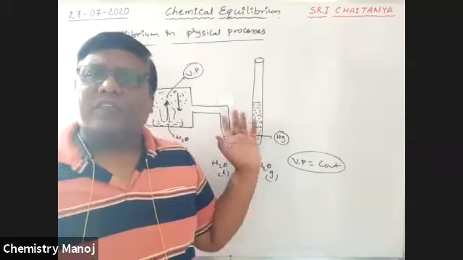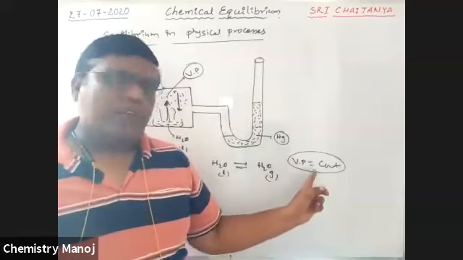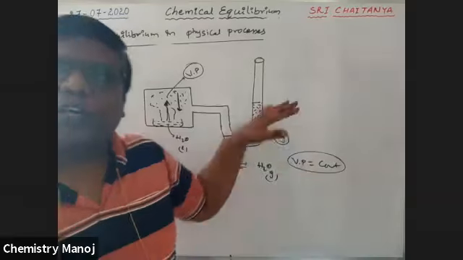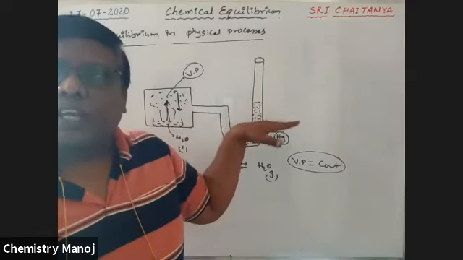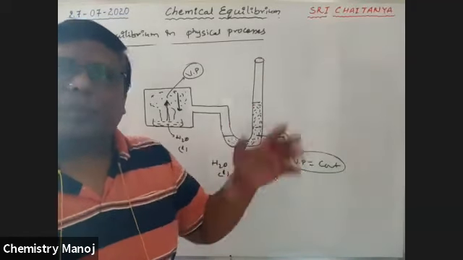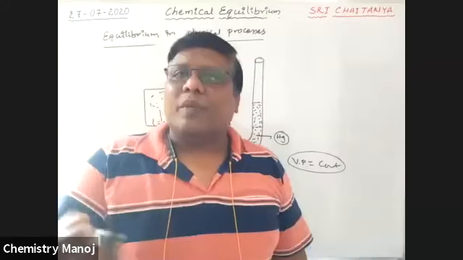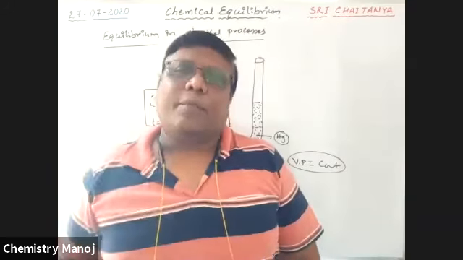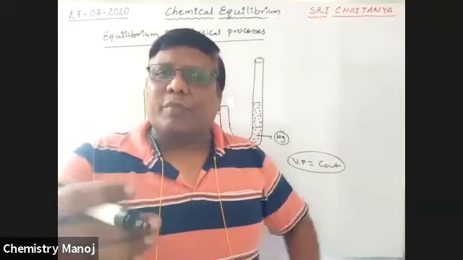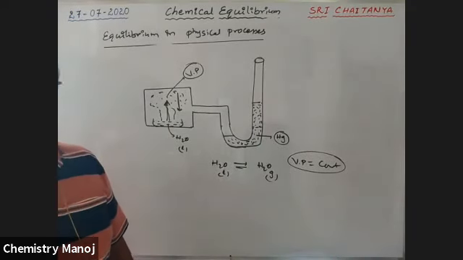By taking the vapor pressure as constant, we feel the system is in equilibrium. Whenever the vapor pressure is constant, that means there are no fluctuations, so the mercury level is constant. That particular state is called the equilibrium state. Here I identified the equilibrium state by the constancy in the vapor pressure. That is the way to identify whether the system is in equilibrium or not, by the constancy in the vapor phase.